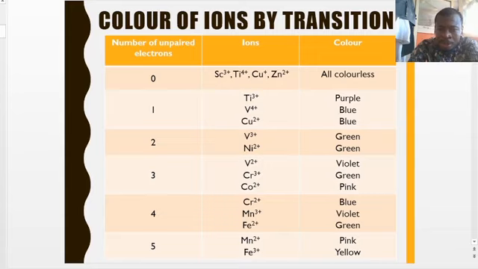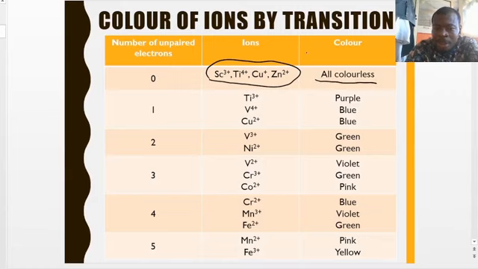So below we have some transition ions with their respective colors. Here we have the ones that have been mentioned, like scandium, Sc3+, Ti4+, and so on and so forth. These are all going to be colorless because they either have an empty d orbital, so 3d0, or they have 3d10. They are either empty or completely filled. So for those elements with this kind of electronic configuration in their d orbital,